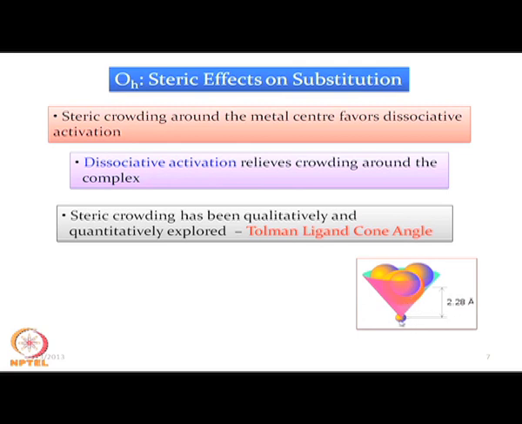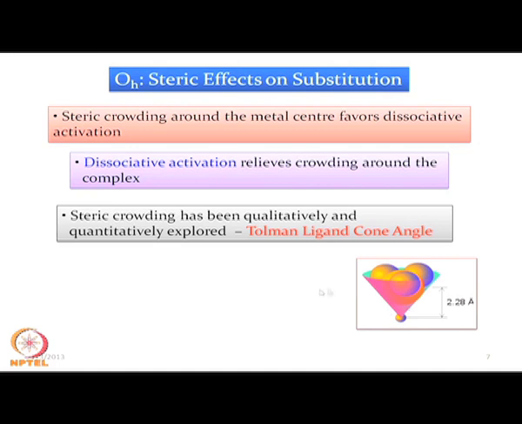the phosphorus center. That means the big red orange sphere is the phosphorus center, which is attached to 3 other groups. It can be the hydrogen atom or the phenyl group, and this is our metal center. So, we can see that the distance between the metal and the ligand, that means the metal phosphorus bond, is important, and in some cases it is 2.28 angstrom for some